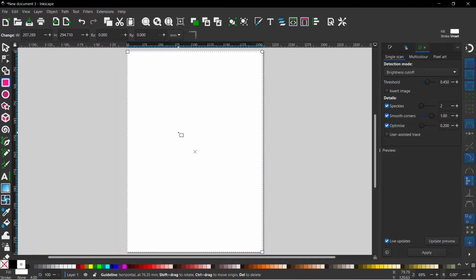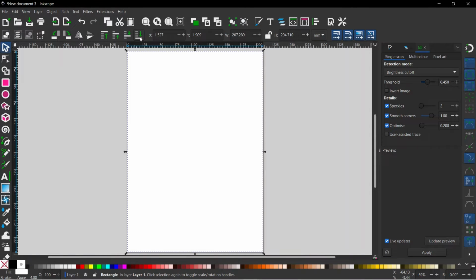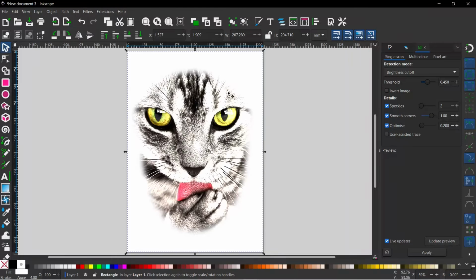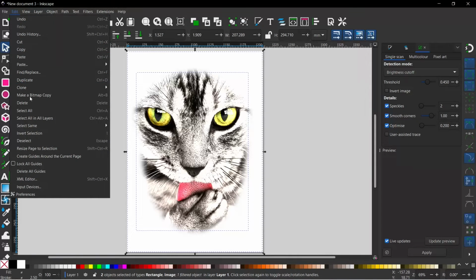Now we want this behind everything, so if we come up to our selection tool, we want to drop it to the bottom. So we're going to use this button here, and that drops it behind our image. So now if we hold down Shift, we can select our cat image as well. So we've got both of these selected, and then we can come up to Edit and down to Make Bitmap